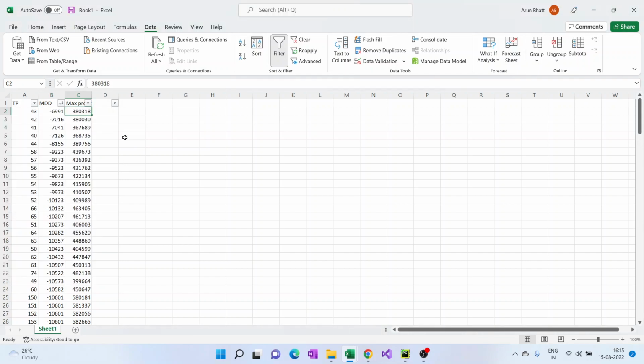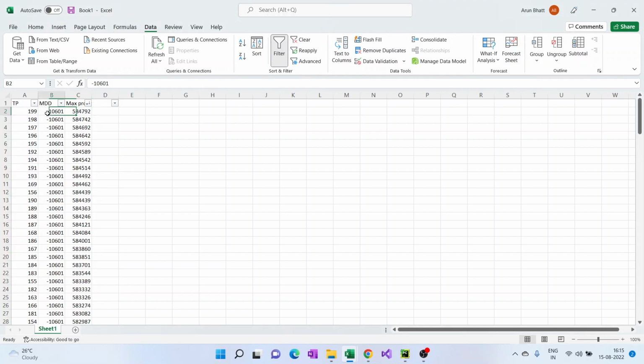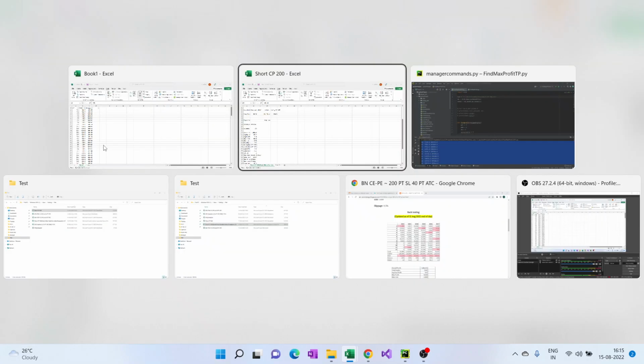And again, if I optimize it by profit, I can see the drawdown is still 10K. So the target profit is not helping here much in this strategy. We can say we can just run it without any target profit also. Now let's